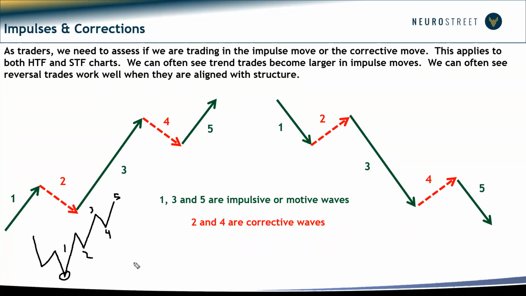Now, the other way to do this is down, down, higher low, break, pull back. The problem with this is that this is 0, this is 1, this is 2, this is 3, this is 4, this is 5. In these scenarios, you get more opportunity. Most traders don't realize that. Most traders think that this is wave 2, when really, you need to know where the wave count starts. That was the biggest aha moment for me as a wave trader, when I realized the rotation of the lows